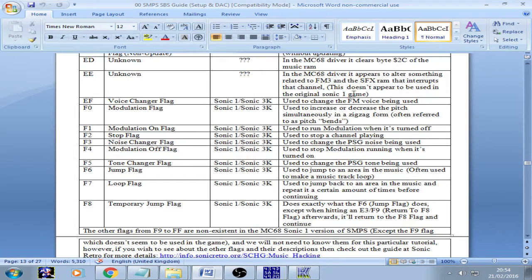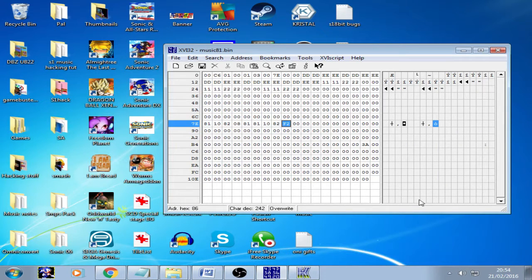F6, F7 and F8 are the ones you're going to be talking about here. So, let's look at F6. F6 is a jump flag, used to jump to an area in the music. So, let's say I want this on a continuous loop. What you should do is put F6, and then we put 2